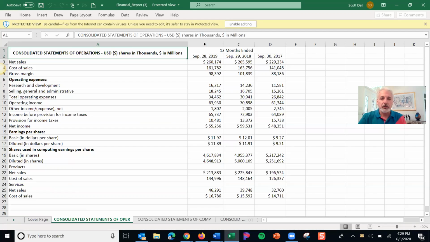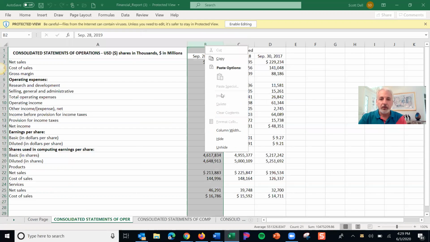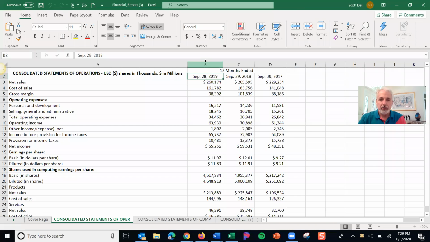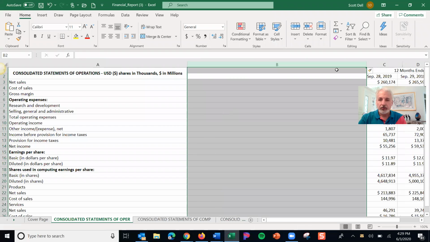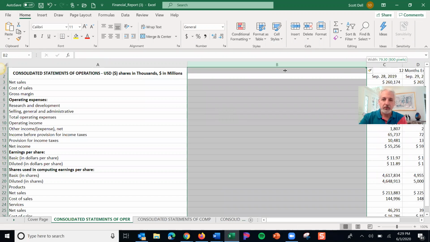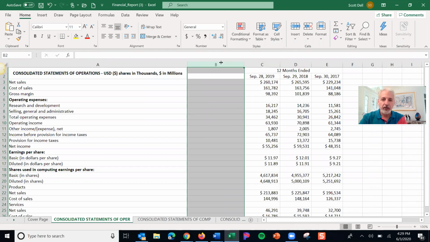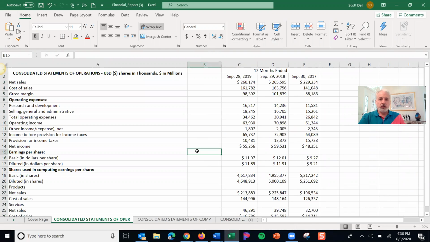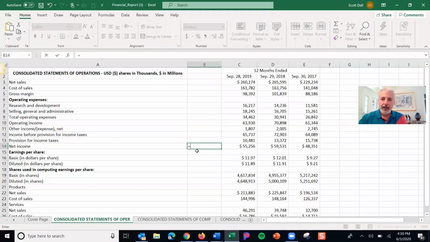Well, I'm going to insert a column here, and I'm going to go ahead. Actually, I need to enable editing first. Okay. And now I will insert a column here, and then I'll shrink that down just so we have some numbers easily to visualize. And I'm going to take a quick calculation, and it's very easy to do. I'm going to calculate my net income percentage here, which is on the line of net income. It equals that 55,000 slash